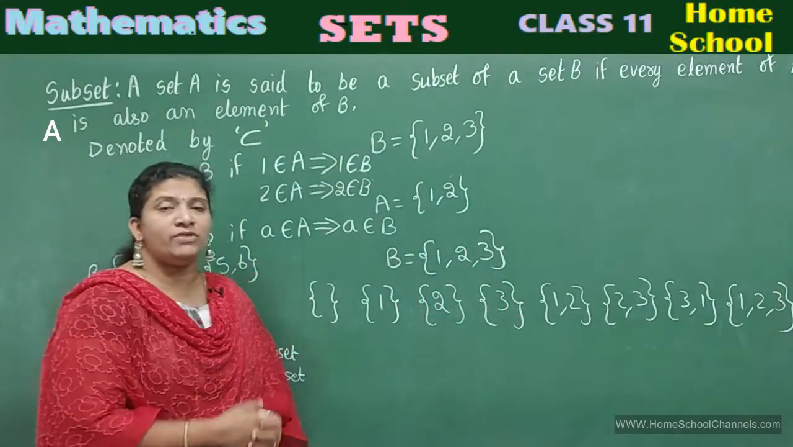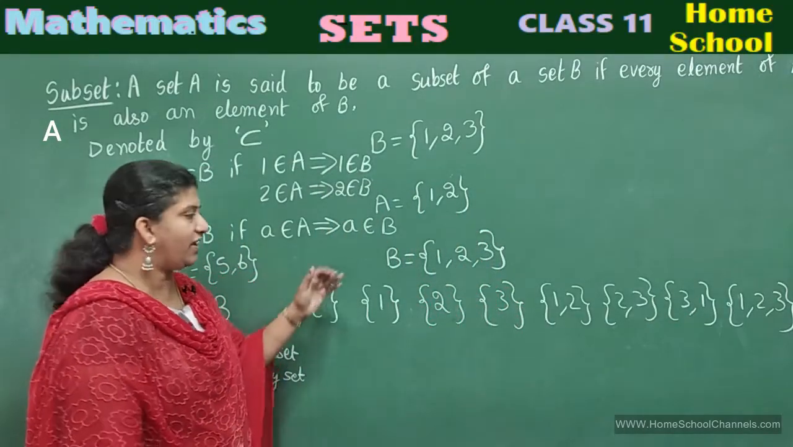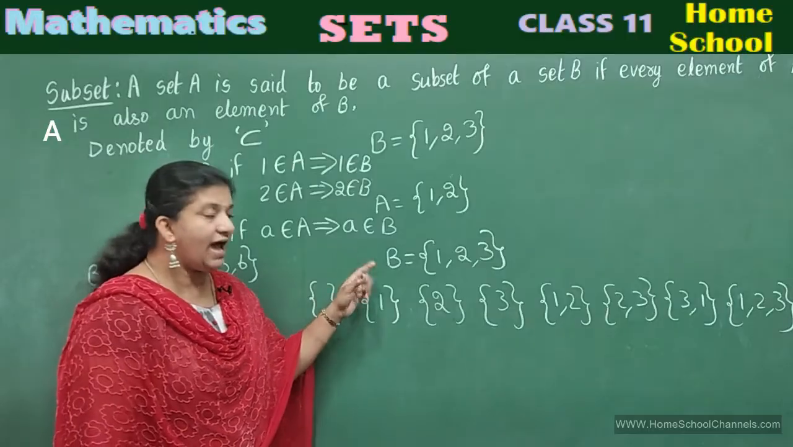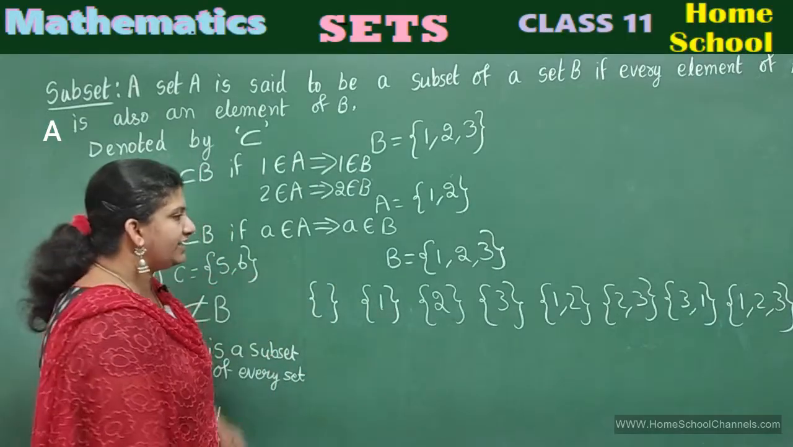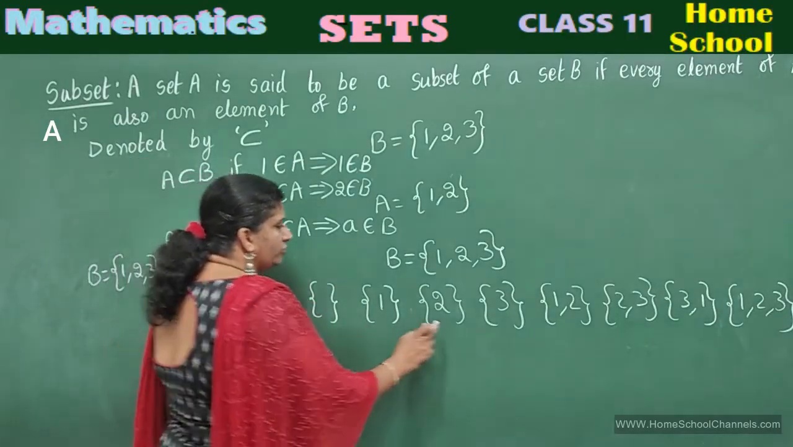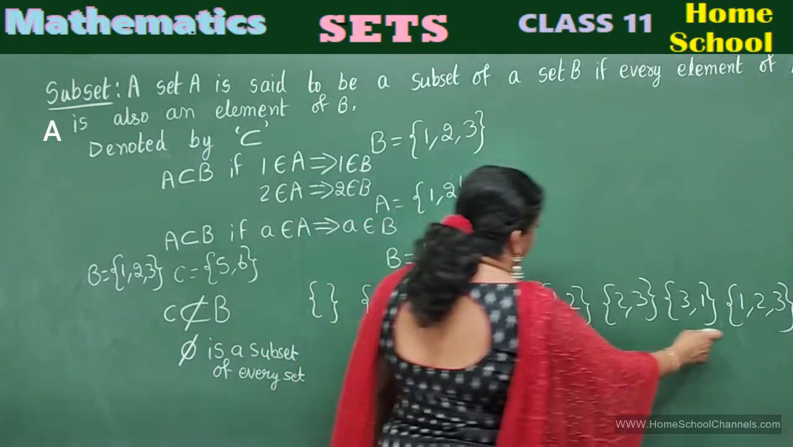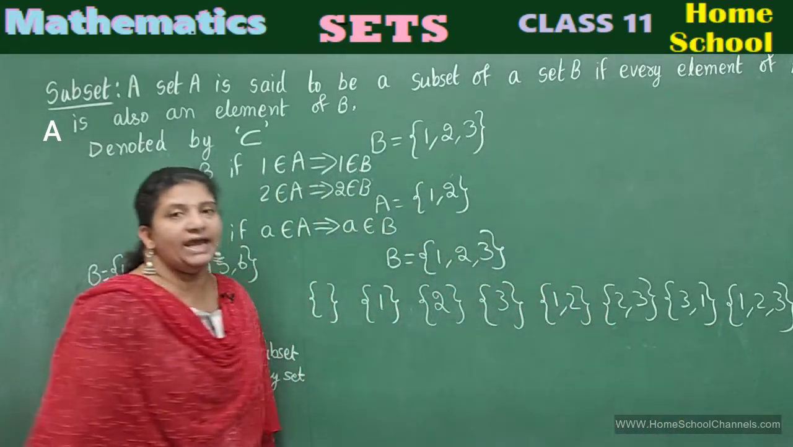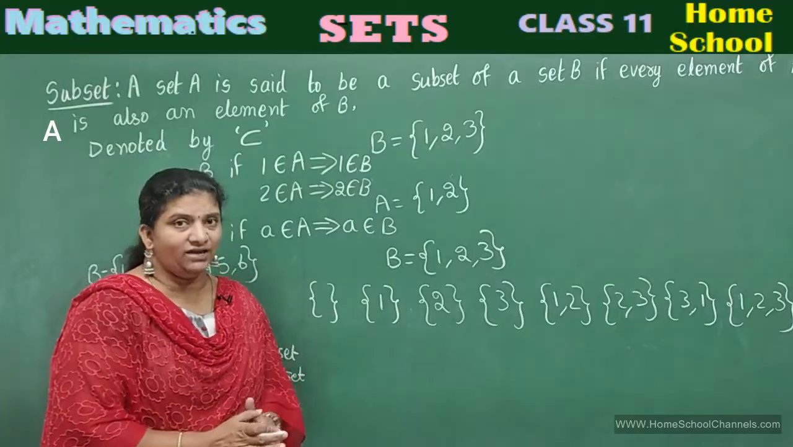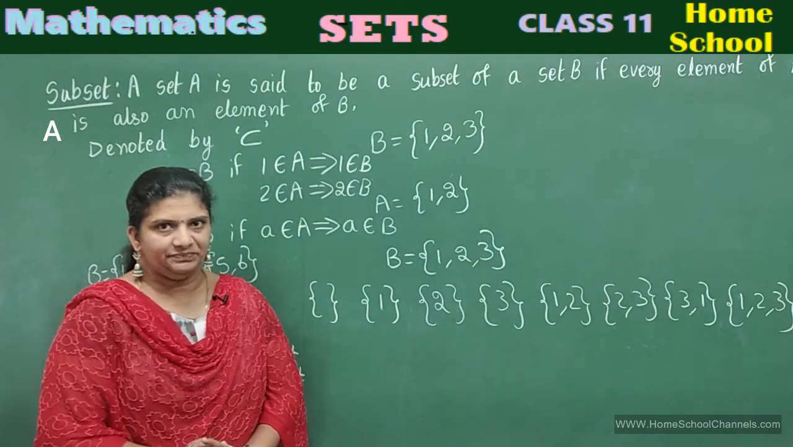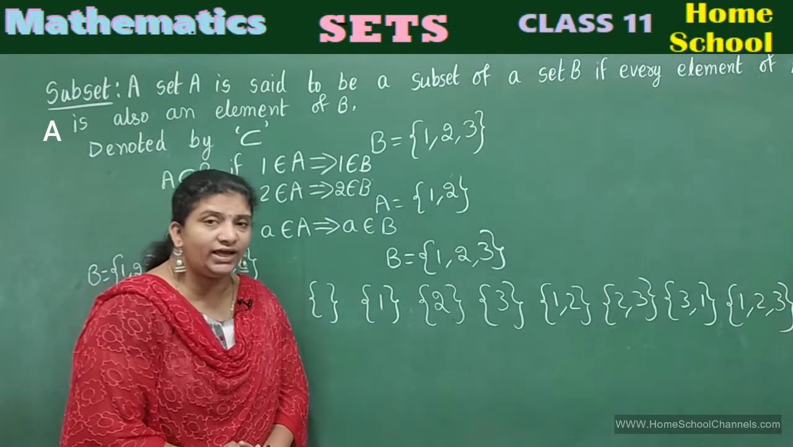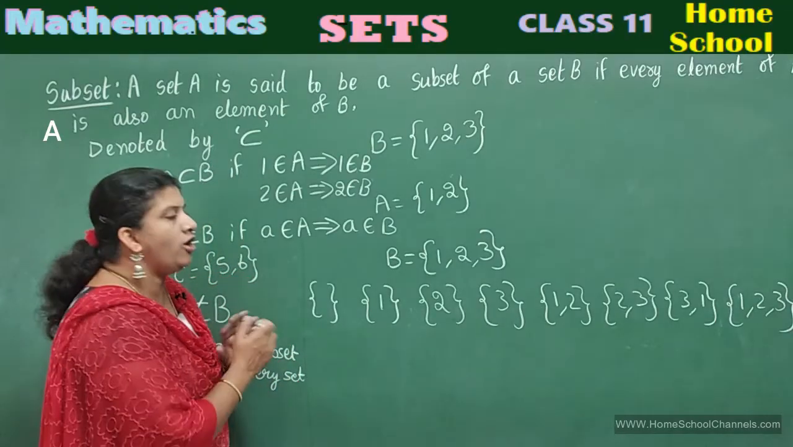So how many subsets can you write from this set? The set has 3 elements. So let us start counting: 1, 2, 3, 4, 5, 6, 7, 8. 8 subsets I can write by taking a set containing 3 elements. Now among these